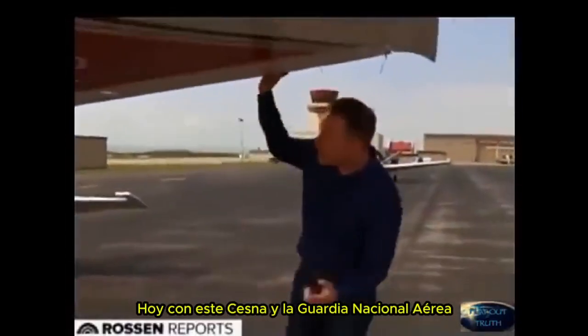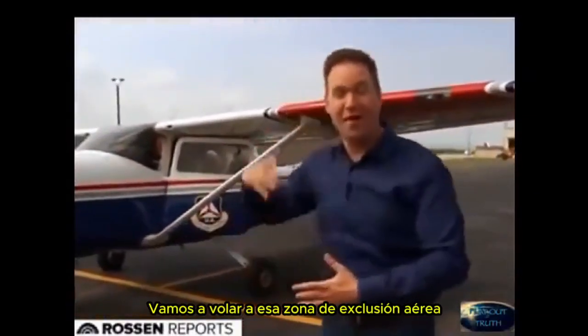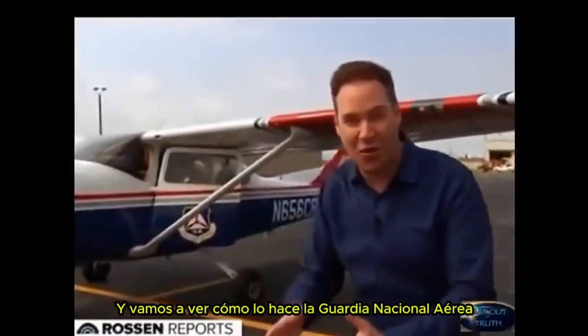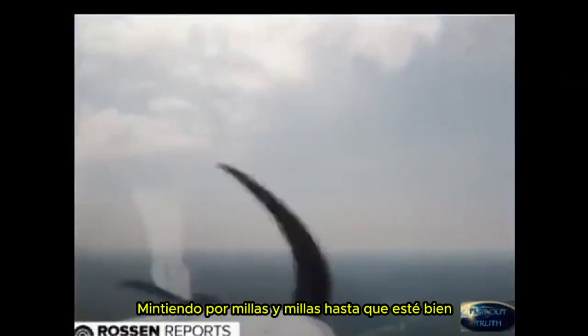We set up a demo today with this Cessna and the Air National Guard. I'm going to be inside of this Cessna, and we're going to be going rogue. We're going to fly into that no-fly zone, and we're going to see how the Air National Guard does it. They scramble the fighter jets to come right. Take off. We're off. Flying for miles and miles until...